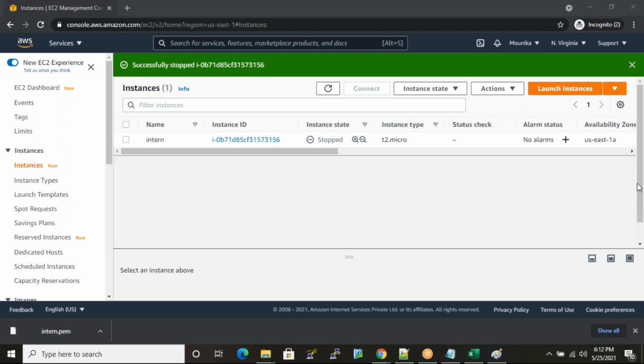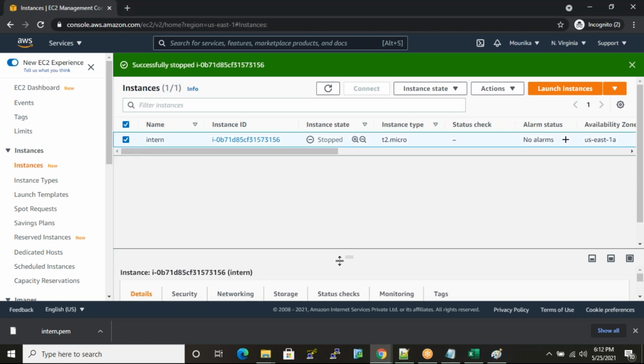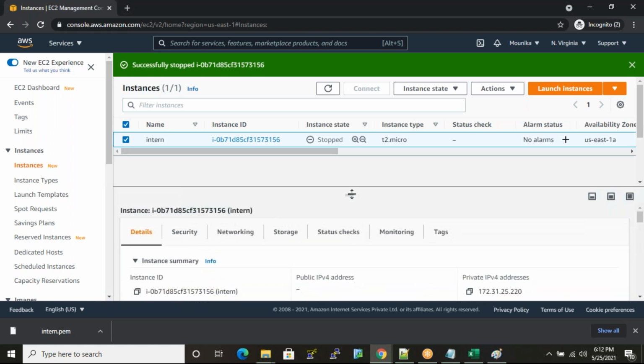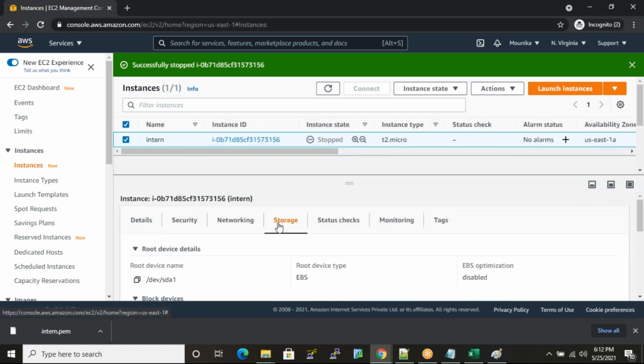So how do we know how much space we used? Yeah, so I just click on my instance by clicking on the checkbox and select storage.